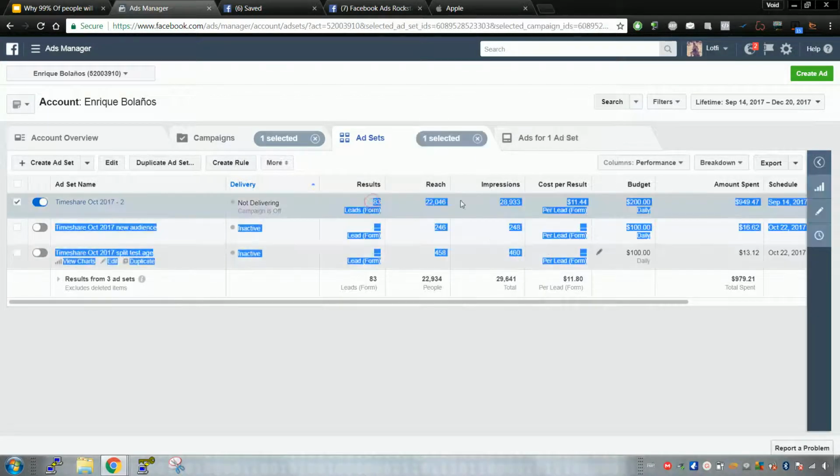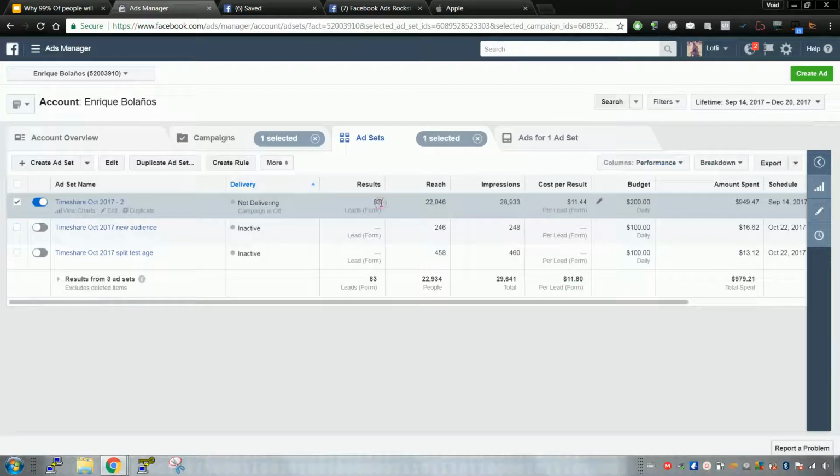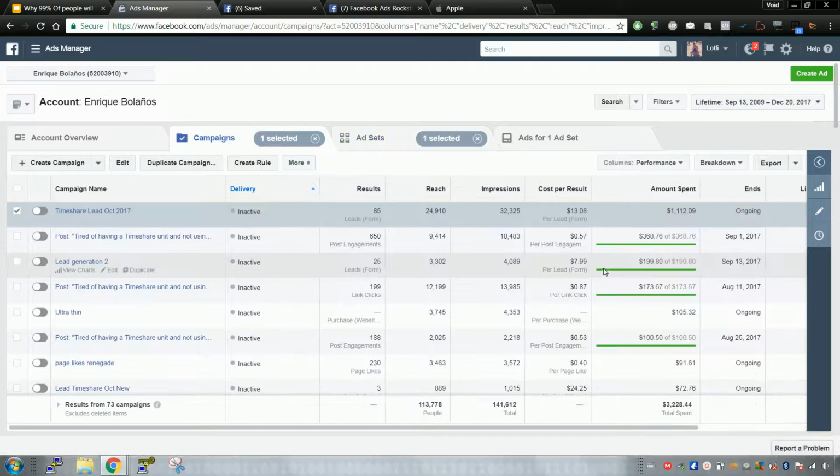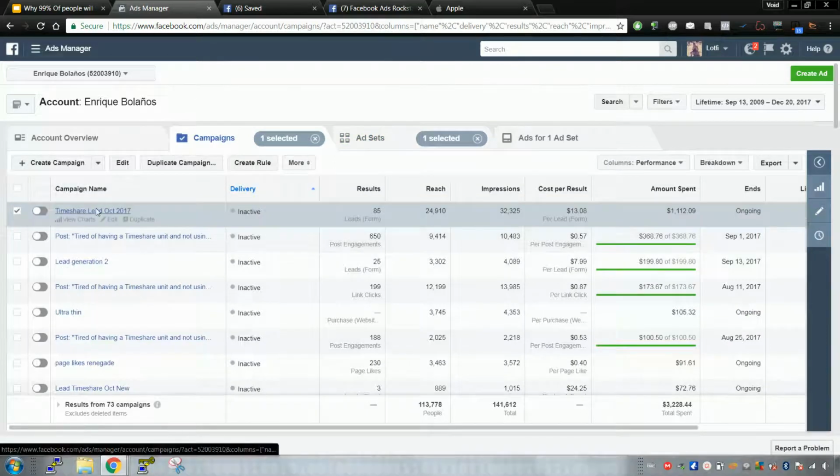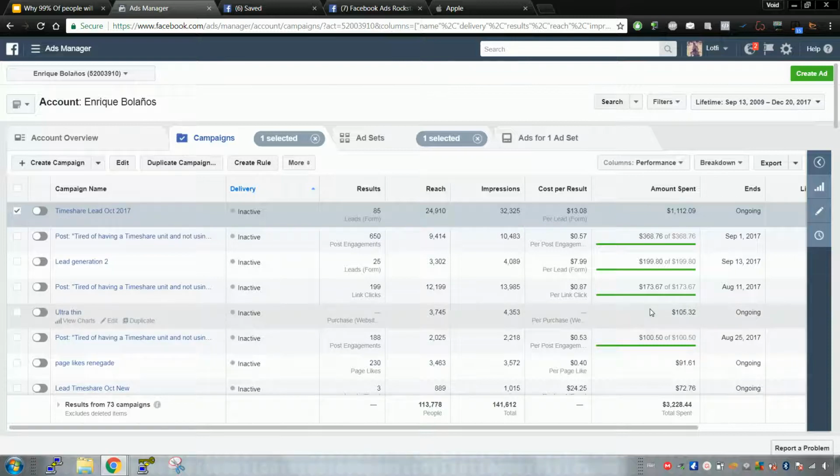This is absolutely ridiculous, because for some niches, for example real estate, $11 would be a good price. But for this niche, I know for a fact, it's in solar, just selling some solar accessories. So he should have been getting at least $1 a lead, or maybe 50 cents. The second mistake he made is he let the campaign run indefinitely, and as you can see, it's just a whole lot of money wasted over and over again.